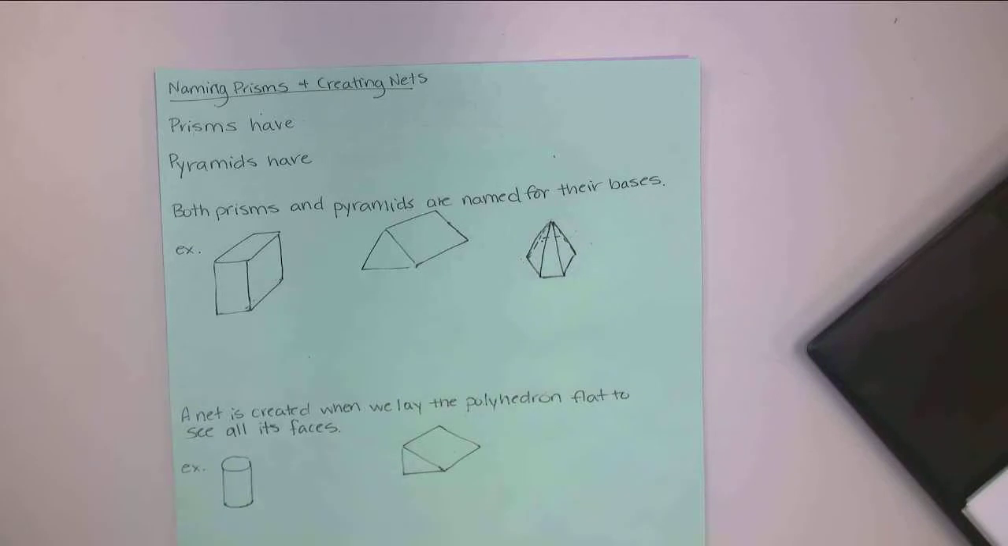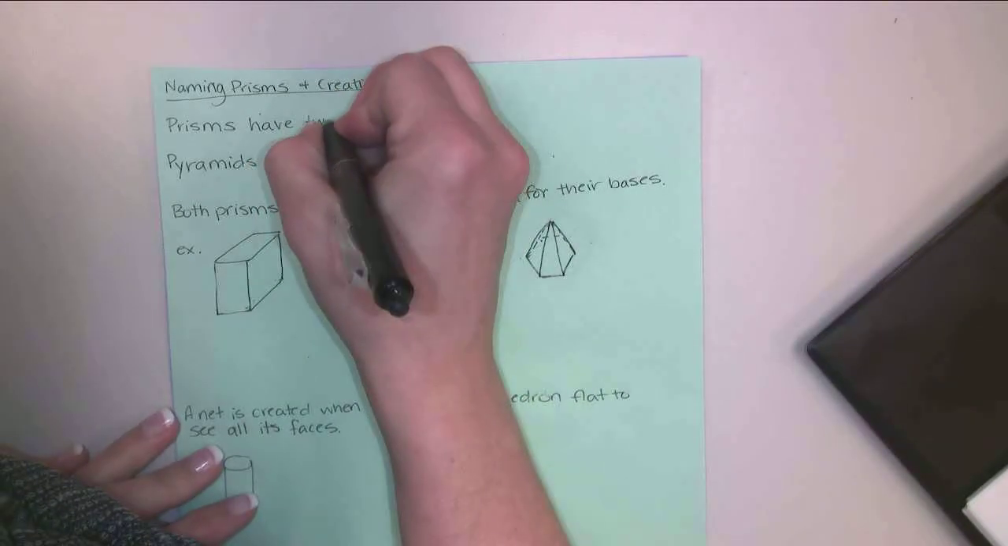This video is about creating nets and naming prisms. So first we're going to start about naming prisms. Now, we have prisms and pyramids. Now, prisms have two congruent faces,